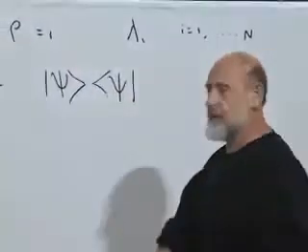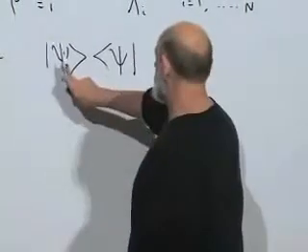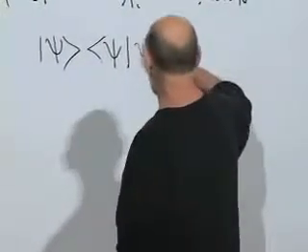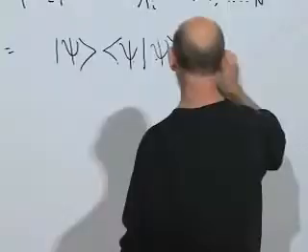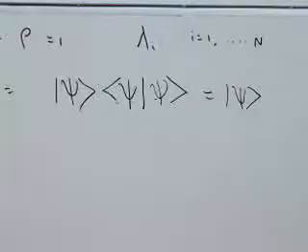Now, let's just point out one thing. Take this matrix here, or take this operator. It obviously has a single eigenvector with eigenvalue 1. What is the eigenvector of this matrix with eigenvalue 1? It's just psi, the same vector. Let's assume that psi is normalized. If I apply this to psi, it just gives me back psi. So in fact, psi is an eigenvector with eigenvalue 1.